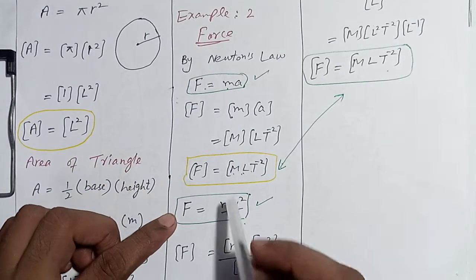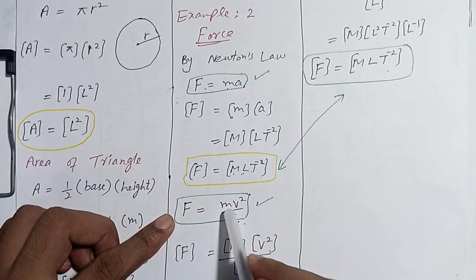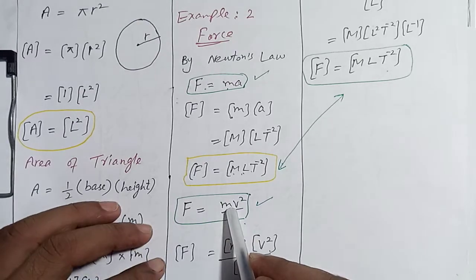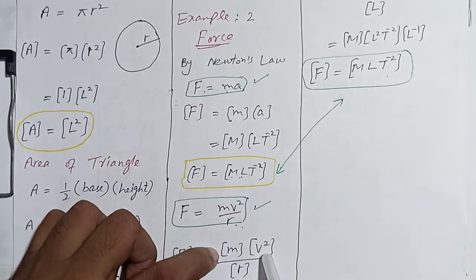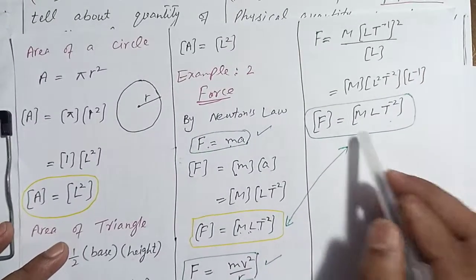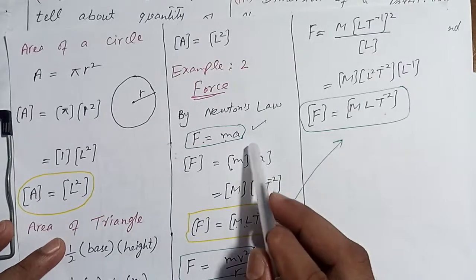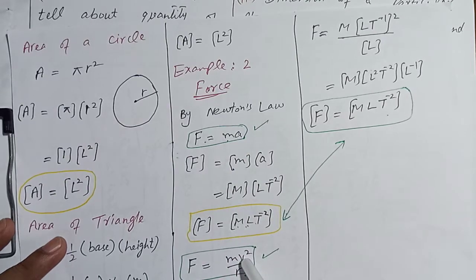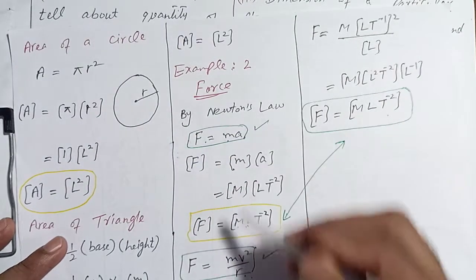We can also write force in mathematical form as F is equal to mv square over r. It is for circular motion. And we calculate the dimension of mass, velocity and radius, and finally we find that the dimension of force comes out MLT to the power minus 2. So whatever is the formula for a physical quantity,